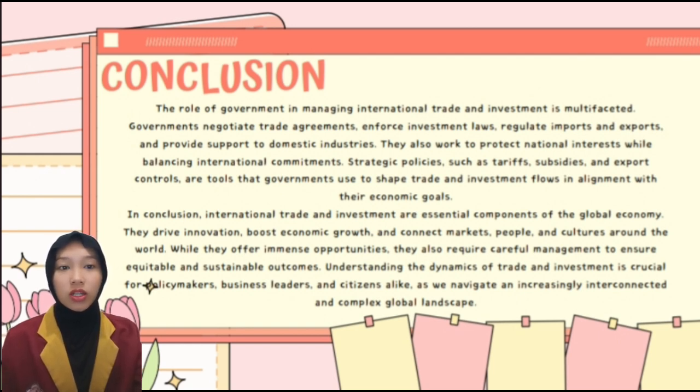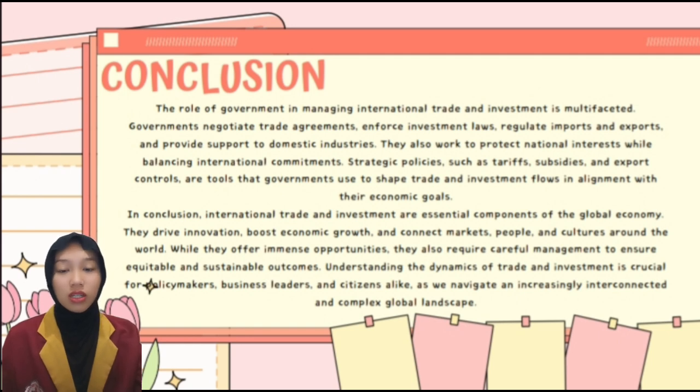Global supply chains are another key component of international trade and investment. Many products today are not made in one country but are assembled from parts sourced around the world. This interconnectedness enhances efficiency but also increases vulnerability to disruptions such as those caused by natural disasters, geopolitical tension, or pandemics. The COVID-19 pandemic highlighted the fragility of global supply chains and prompted many countries and companies to reconsider their